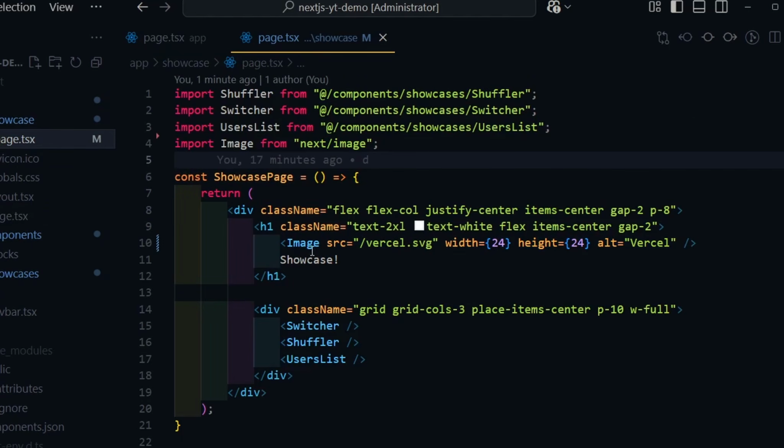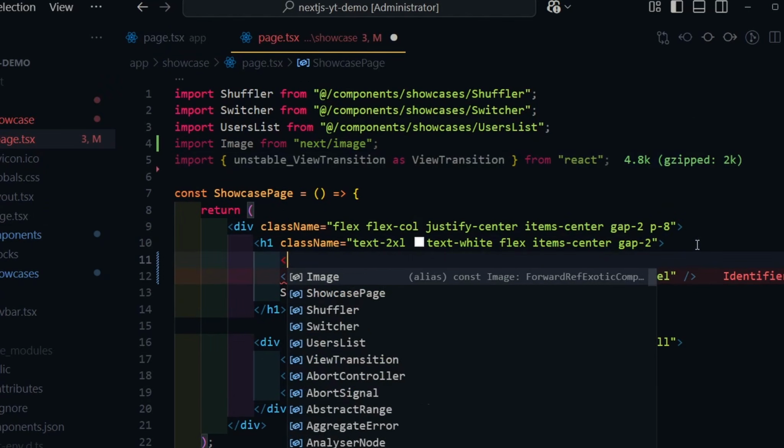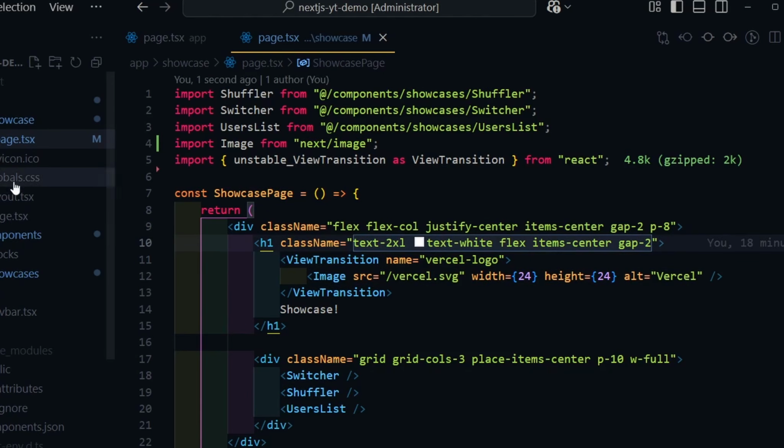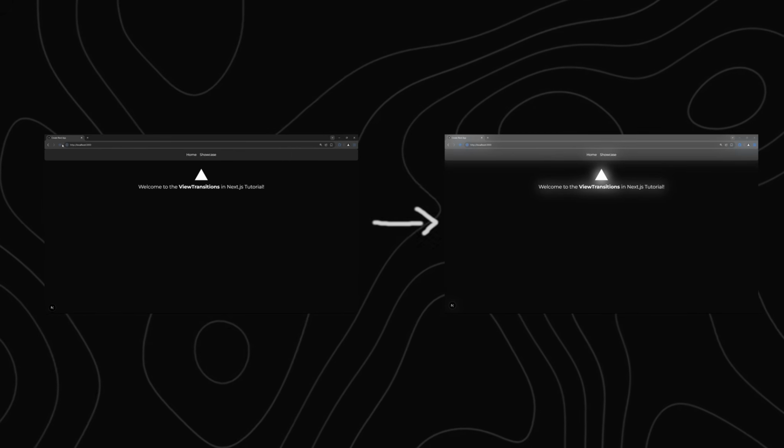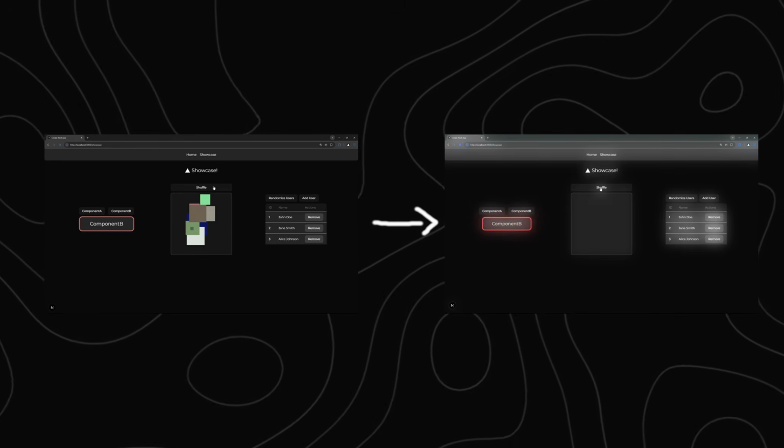Now, in the next page, also wrap the image component with ViewTransition and give it the same name as previously, and you are good to go. The transition is working as expected. And that's it. With just a few simple tweaks, you can transform your Next.js apps from stiff and robotic to